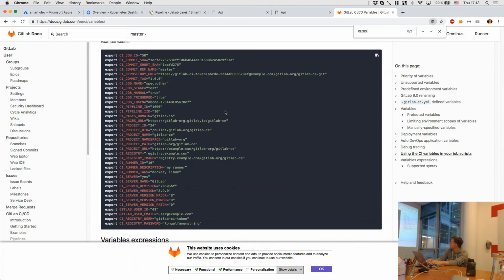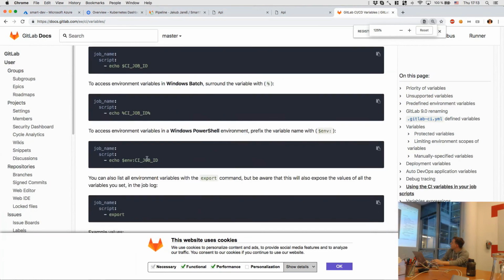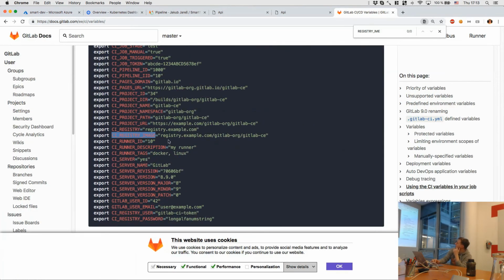Registry image. So this is how it looks like. So this is what's in there, so it specifies exactly where your image is with the registry syntax that normally Docker uses. And then I'm just adding a slash backend, which is the name of the image, and then I tag it with the short commit ID,